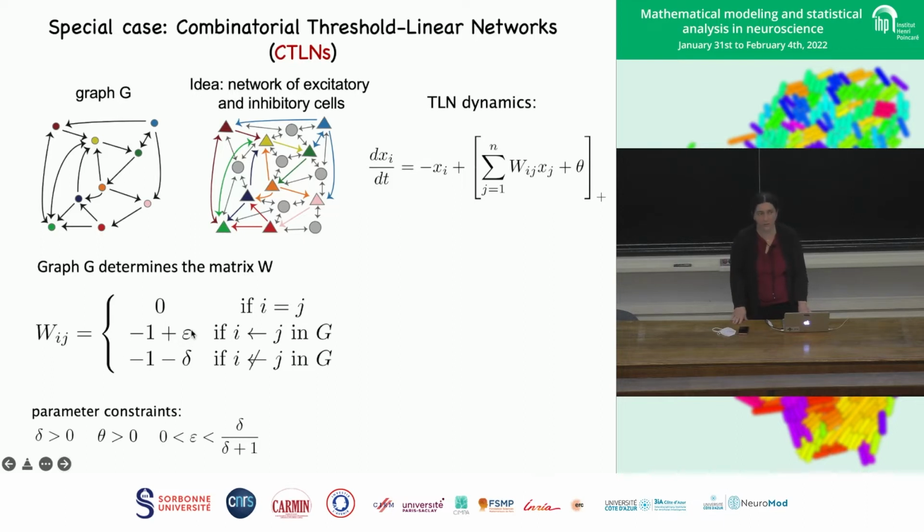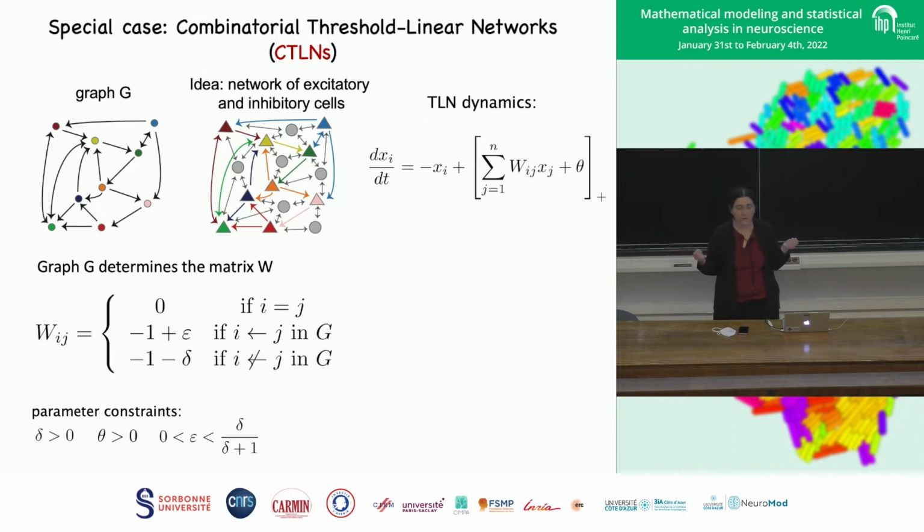Epsilon need not be small, by the way, but we just chose epsilon and delta as our two parameters because we had used too many other Greek letters for other things. And this is a value above -1. The -1 minus delta is a value below -1. Where does the -1 come from? The -1 is the self-interaction term, the strength of the self-inhibition in the absence of recurrent inputs